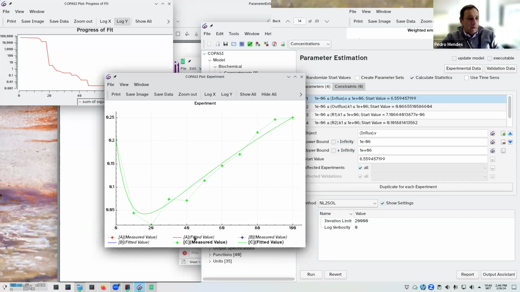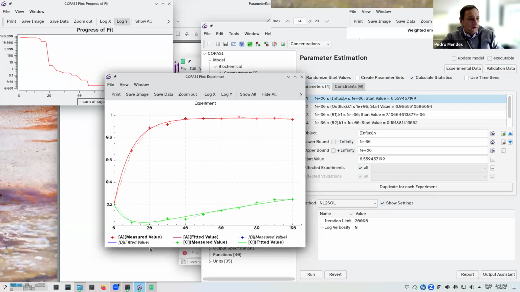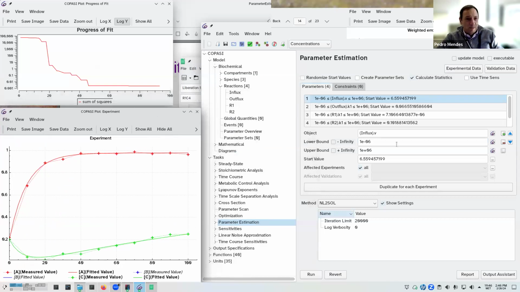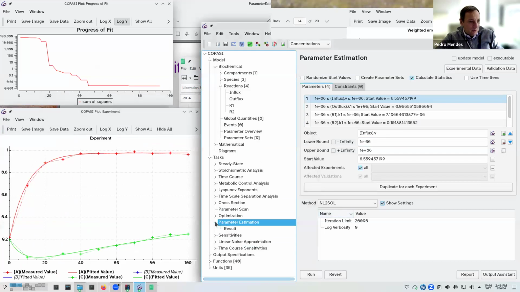So in this case, I've solved my problem. This algorithm works very well. But we can try out the other algorithms and see whether they work as well. It would be very easy. By the way, before we go there, you can now look at the results themselves. What really matters is the value of the